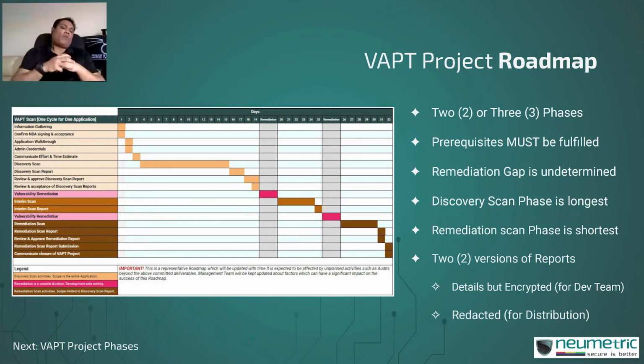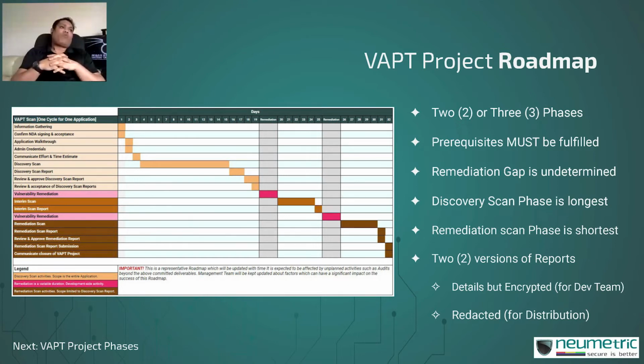comes back with a report saying that okay, we have remediated all of them. And then when the rescan is conducted, the remediation scan, this is the final scan where ideally all of the vulnerabilities should have been remediated. What actually is found out is that not all of them have been fixed. So we need to go back to the development team saying that okay, these vulnerabilities have not been fixed. Now this becomes a problem when you outsource your VAPT project.